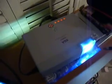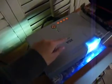It has around 1,800 lumens brightness, so it's fairly bright in today's standards as well. This is something that came out again, something that's a little bit more dated than what you could probably find in stores of today, but it still is relevant in terms of resolution and the capabilities to project images in fairly crisp and fairly bright